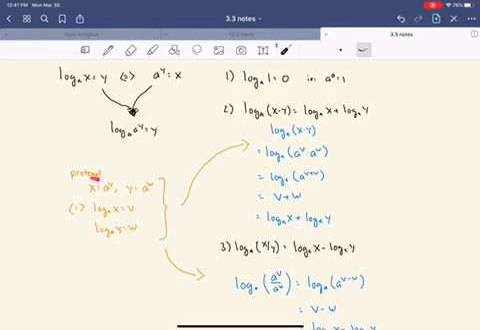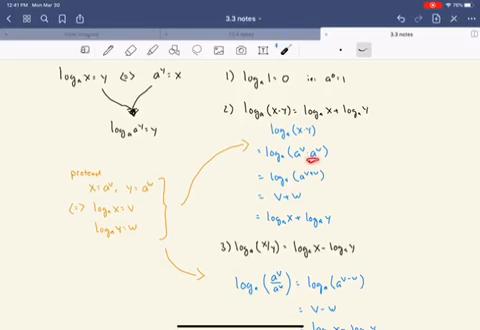Let's say that x and y can both be expressed as a to some power. X is a to the v, and y is a to the w. So, this is equivalent to saying that the log base a of x equals v. And this expression is equivalent to saying the log base a of y equals w. Okay? So, inserting that into the log base a of x times y,